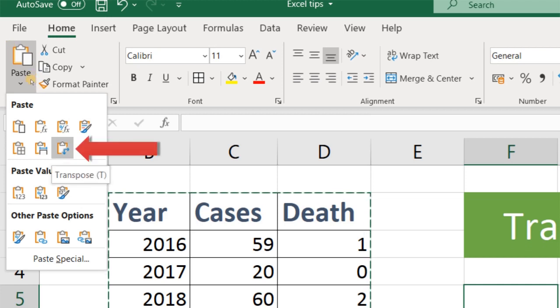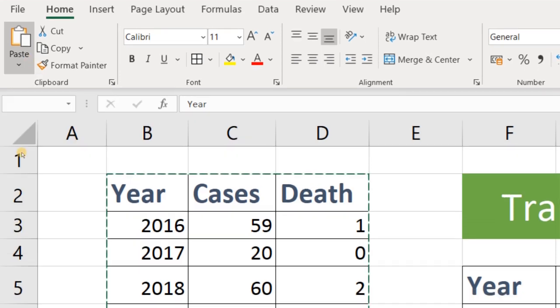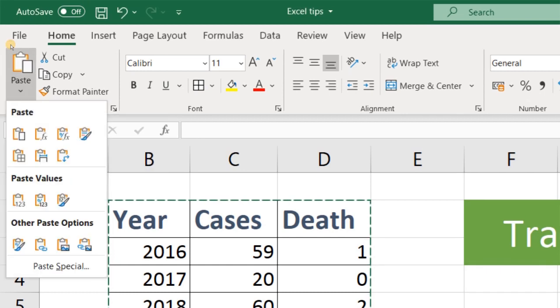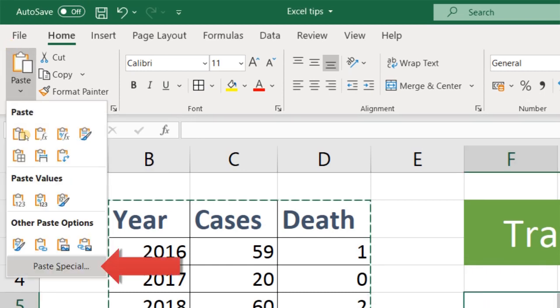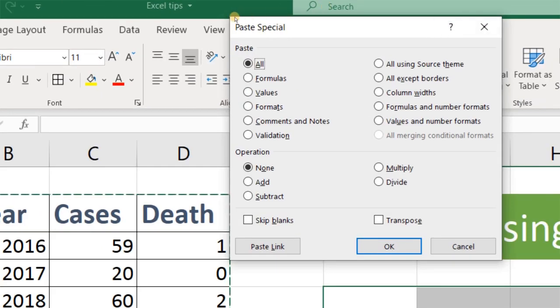Either you can use this icon, transpose data, or you can just click here, and in the end there is Paste Special. Just click that. A dialog box is going to open where you can see in the end there is an option called transpose.